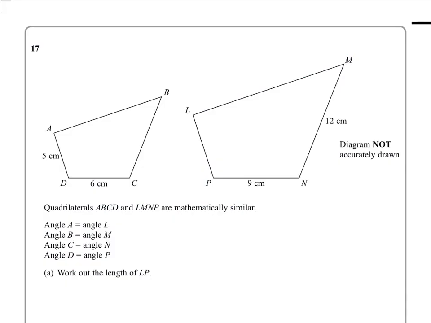So, quadrilaterals here, they're mathematically similar. Now, what that means in maths is that one shape is an enlargement of the other. When you're using the word in the English language, you could say that one tree is similar to another tree, but that wouldn't happen in real life because the trees would have to be exact copies of each other in terms of one would have to be larger in all dimensions. So if this was 2, that would have to be 4, and I doubt if that would happen in real life where you'd have 2 trees that were looking the same but one was an exact enlargement of the other